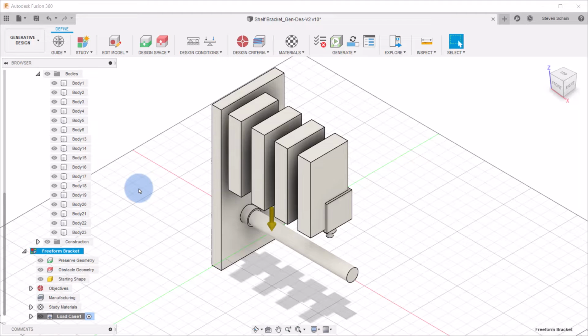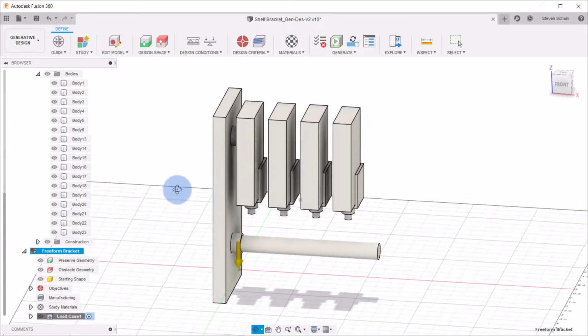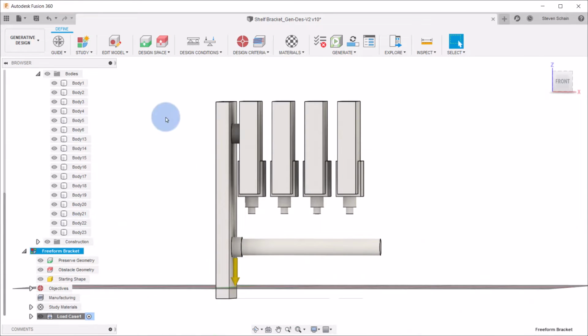First, I'll add the preserved geometry. Preserved geometry will be elements of the design that are maintained. Clicking the Preserve Geometry option,